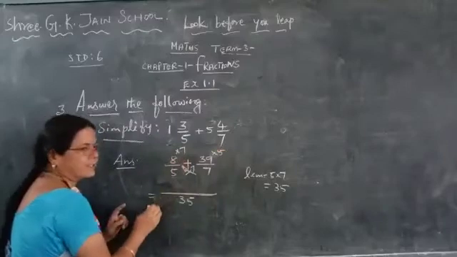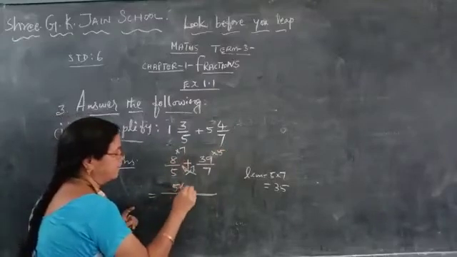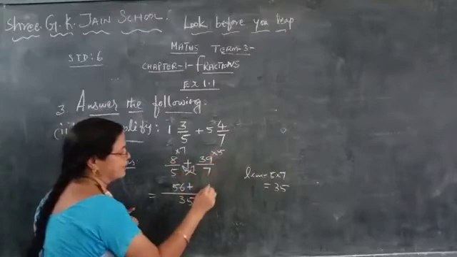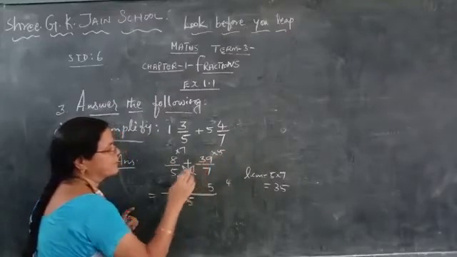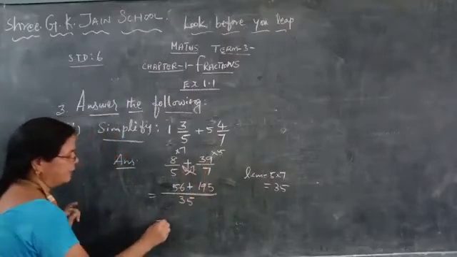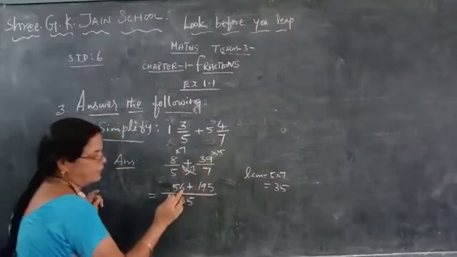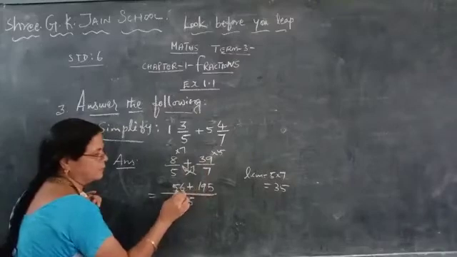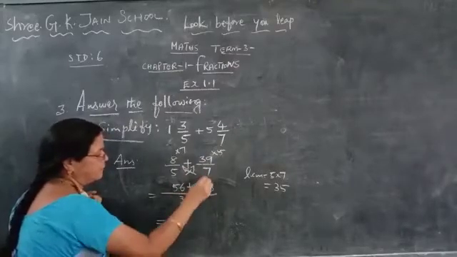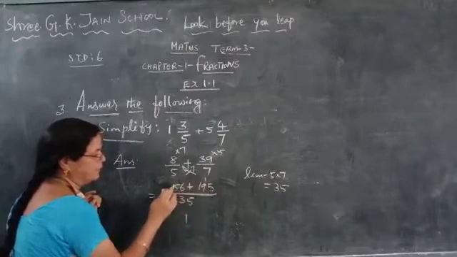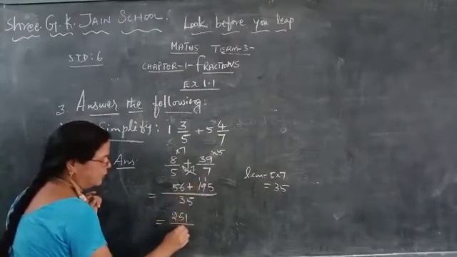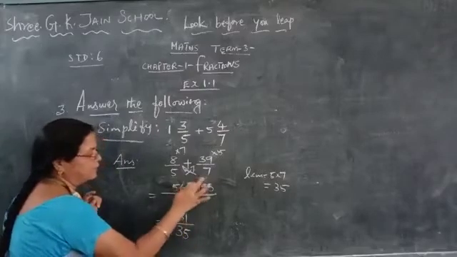So 8 sevens are how much? 56 plus this plus sign and 39 into 5 are 9 5s are 45, balance 4. 5 3s are 15. 15 plus 4, 19. So you will get 195. Adding, you will get how much? Last number added, 1's place number. 5 plus 6 how much? Balance 1, so 9 plus 1, 10, 15, balance 1 again, 1 plus 1, 2, isn't it? So 251 by 35. Is it clear now?